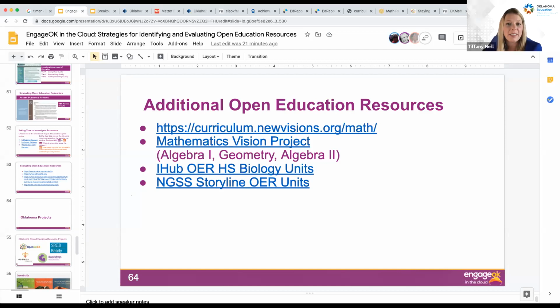Evaluation, rigor, all things to take away. Jennifer asked, where can I access already evaluated materials aligned with standards? A lot of the resources that we just went through, the Oklahoma projects or the additional resources, have gone through that level of vetting. People really like the rubric. That's a big takeaway, that they'll use the rubric to share with other teachers and to evaluate resources themselves.